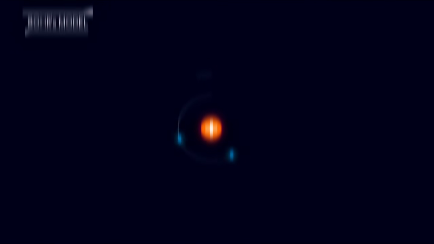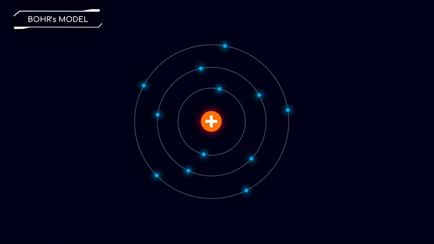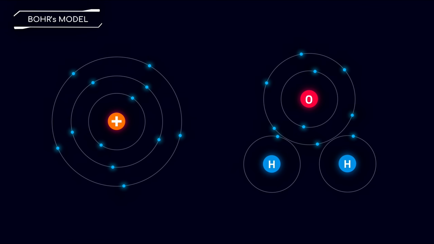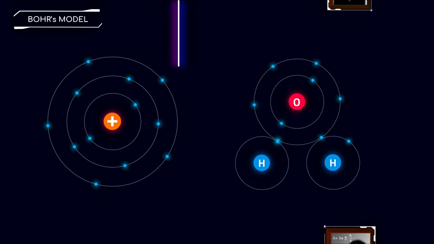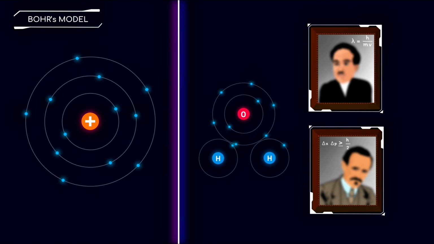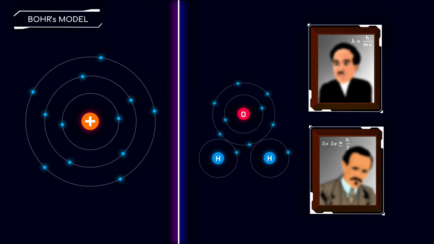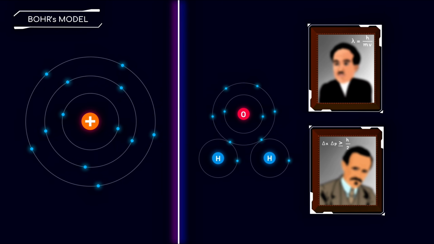Even though it is a fine model for understanding the structure of an atom, it couldn't explain how atoms combine to form molecules through chemical bonds. Additionally, two important developments in our understanding of subatomic particles raised many questions about Bohr's model. So a more accurate model was required to solve the issue.